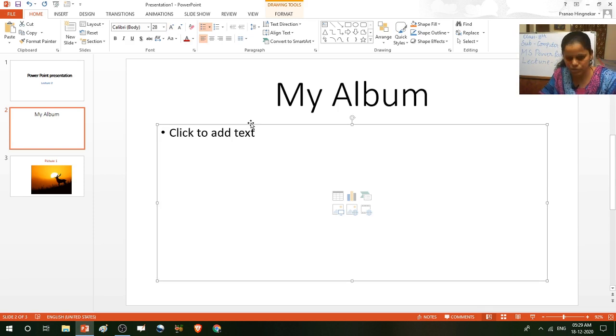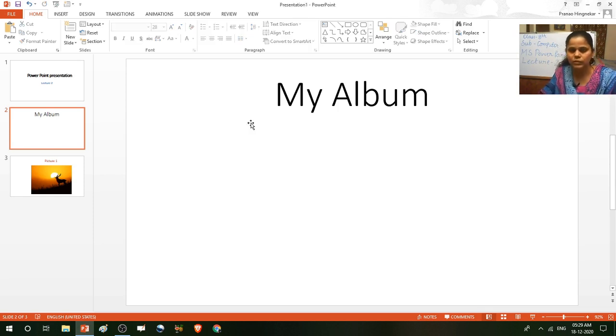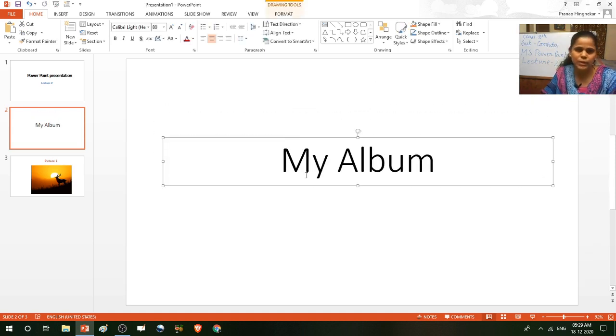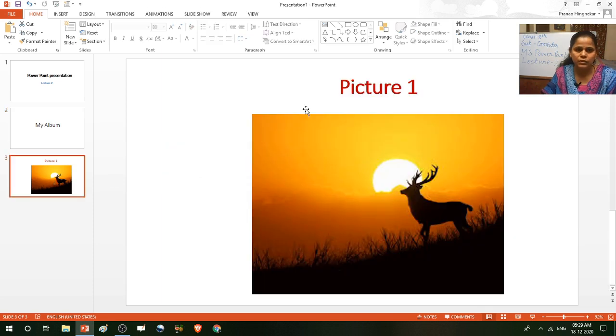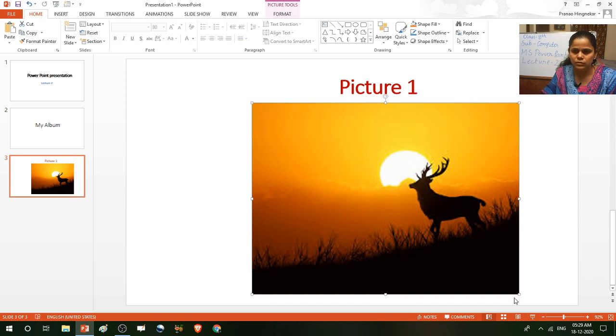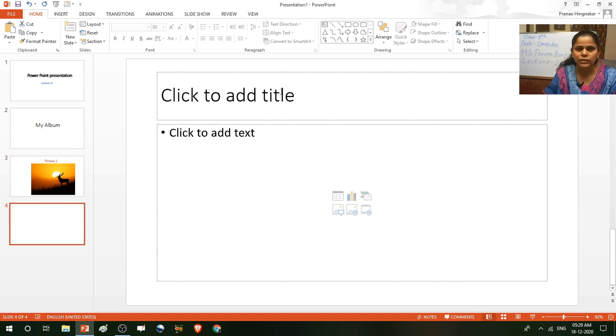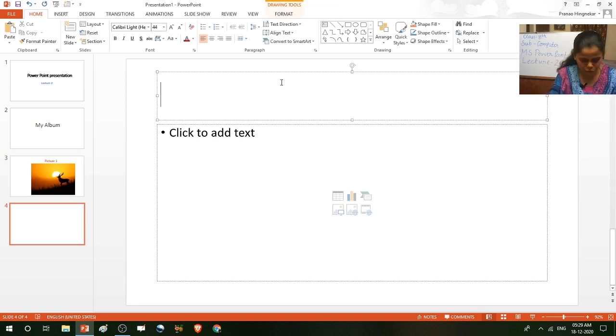So select this shape and press the delete button. You can move this title, my album. Okay, then the first picture, again we will increase the size of this picture. Then number 2, Control M, second slide. Then picture 2.